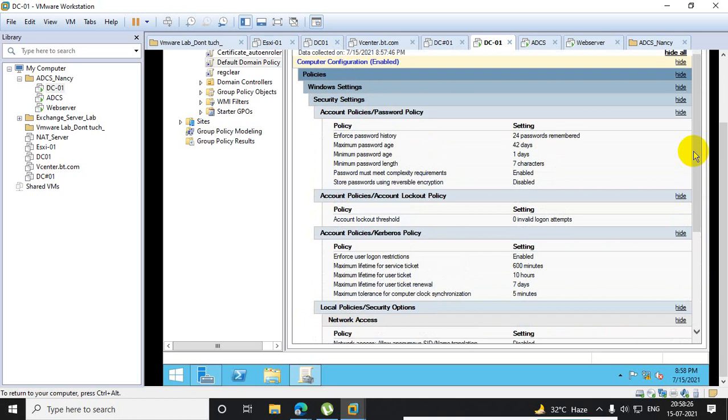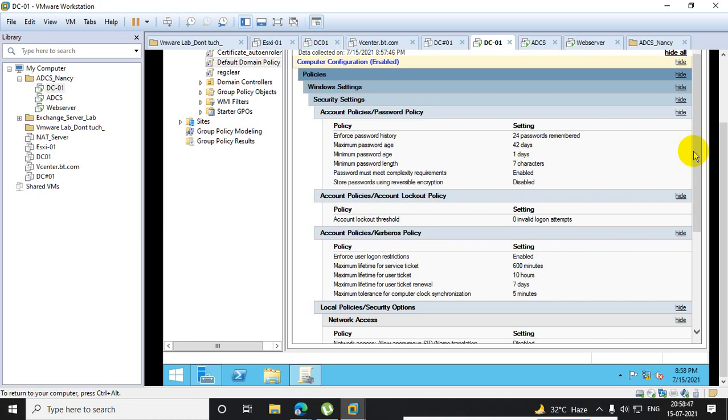Then what is the answer? Computer policy. Exactly, it's a computer policy.